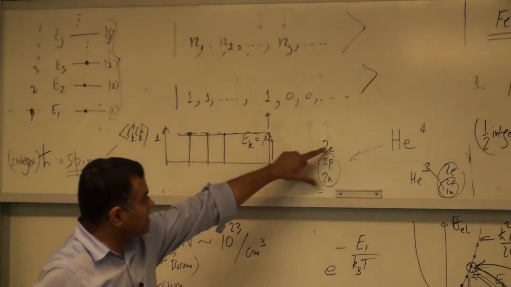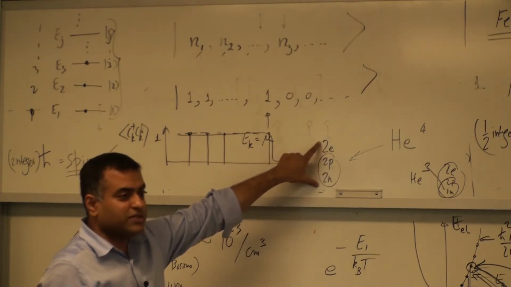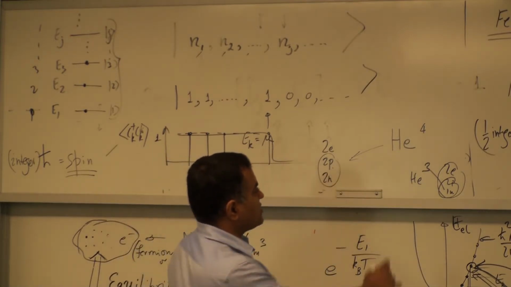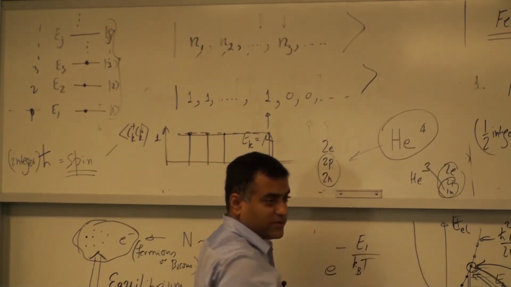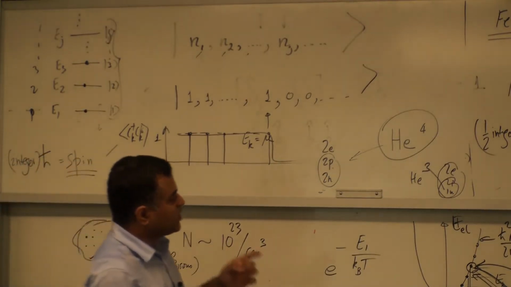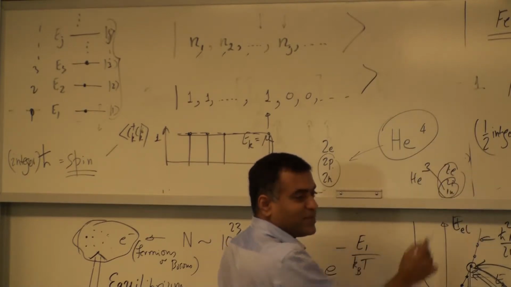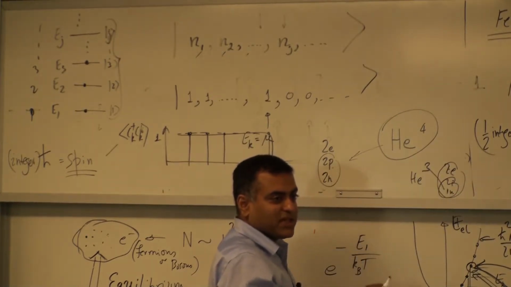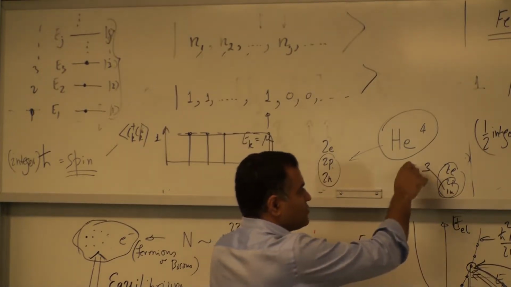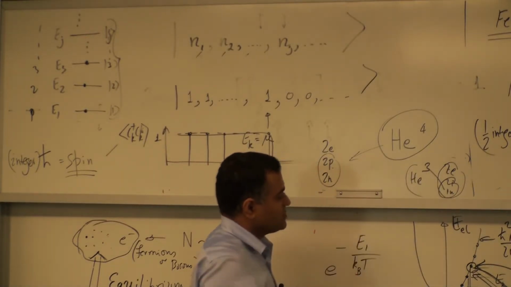Now you can see that proton, neutron, and electron are all fermions, but in helium-4 you have an even number of them. Sum them, you get an integer spin. So at low temperature, it becomes what you call a superfluid. It flows without any viscosity. Whereas helium-3 is a fermion because it has an odd number of half-integer spins. So you sum them, you still get a fermion. So it never condenses. It doesn't form a superfluid, because this whole composite object is a fermion.